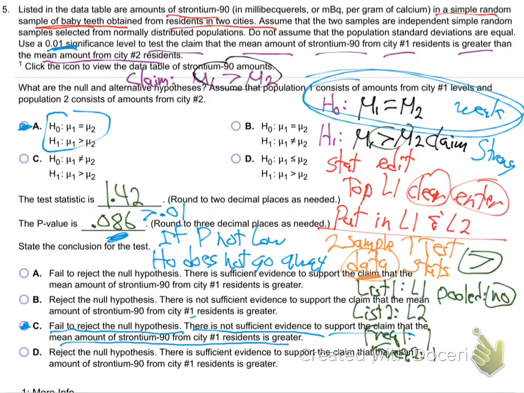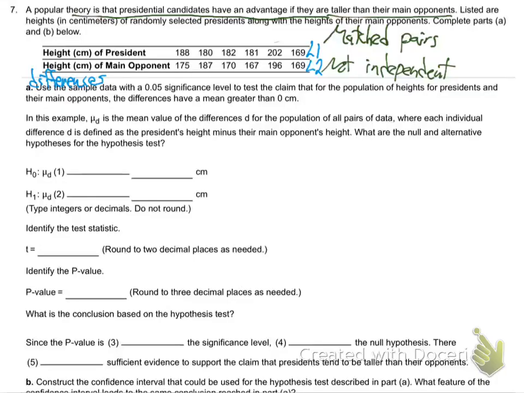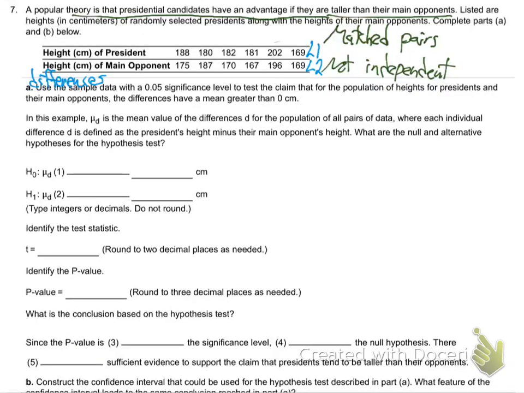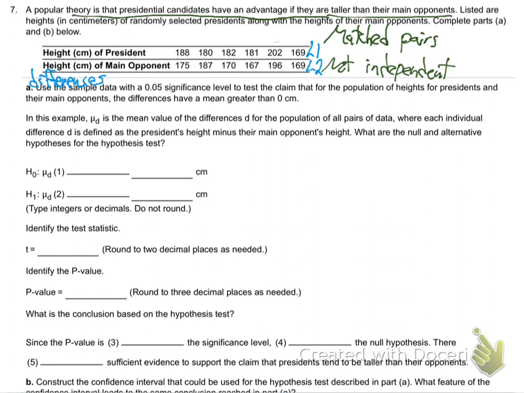to the right one. I can't seem to find it. Okay, so here we go. Two dependent matched pairs. There we go. Put data in L1, L2, L1 minus L2 stored in L3, t-test. Let's do it. Okay, so